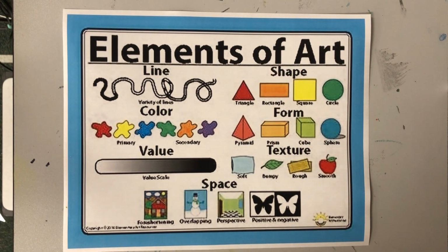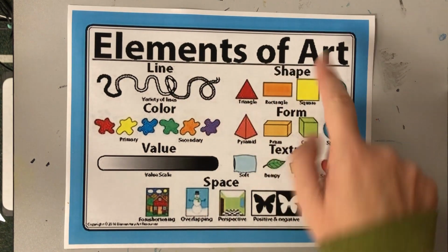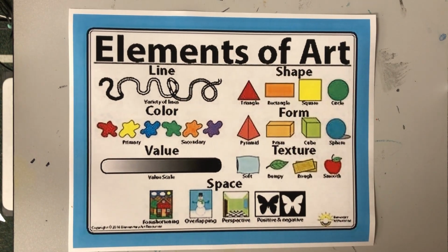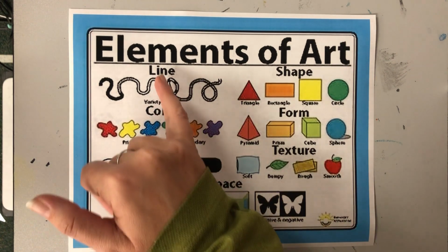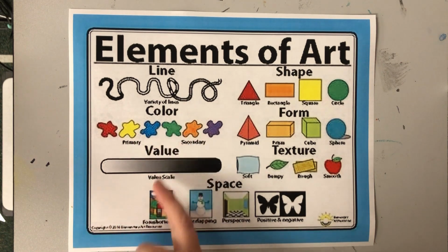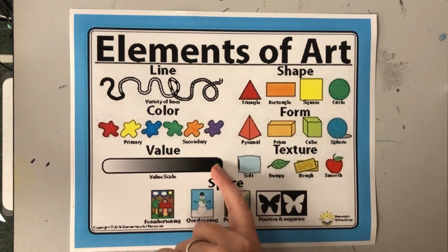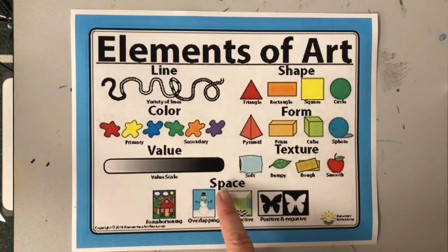Okay, so today we're going to work with the elements of art. And the elements of art are all of the different things that art is made up of. All of the basic things like line, color, value, the lightness or darkness of a color, space, when you see background, foreground, middle ground, shape,